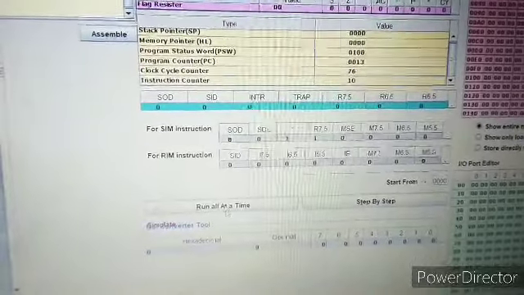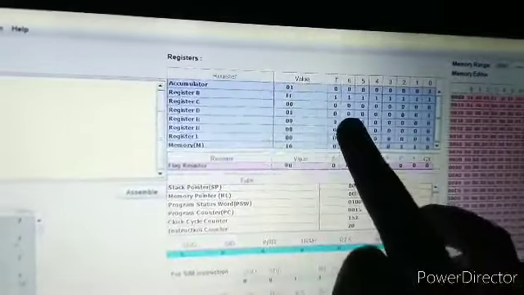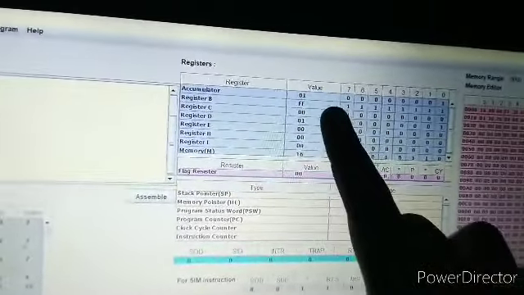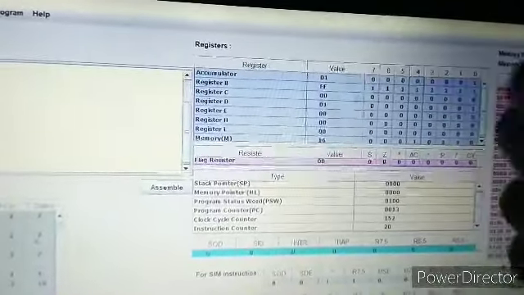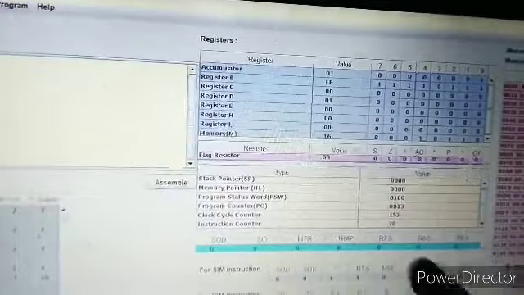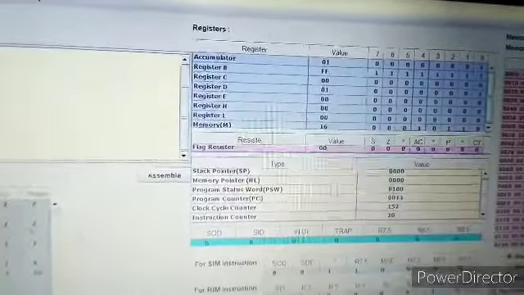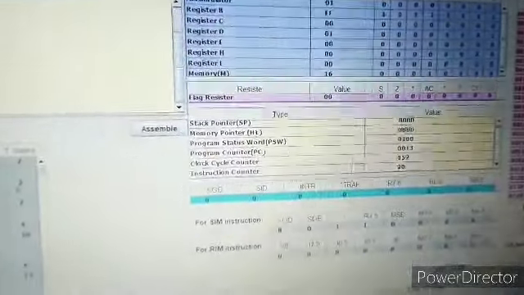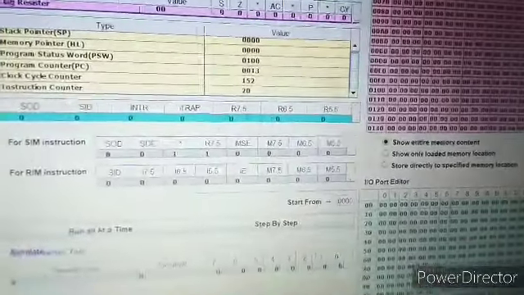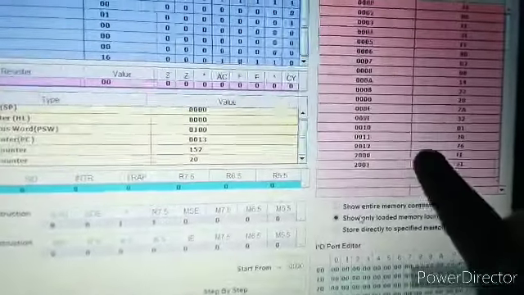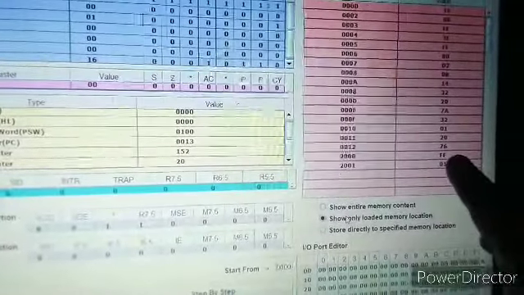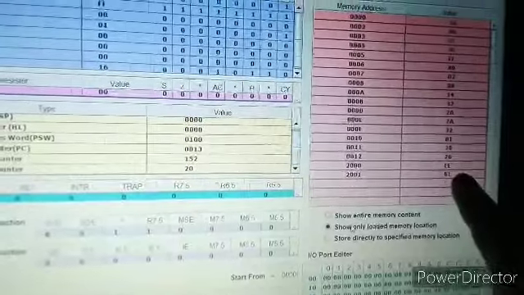Click this button, run all at a time. Now you can see at register B there was FF, and obviously the accumulator. Now you know that it will store the carry flag. So this is why accumulator is 01, and D register is also 01, because carry occurs and I have just incremented that value. Let's see the memory location. Can you see? At location 2000 I have stored my result FE, and at location 2001 there is my carry flag.